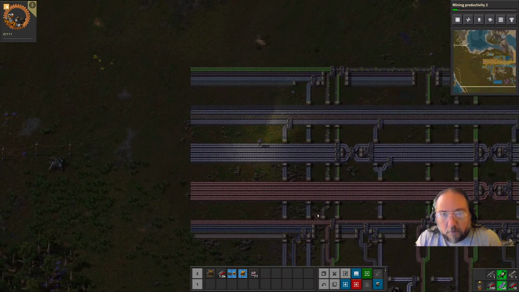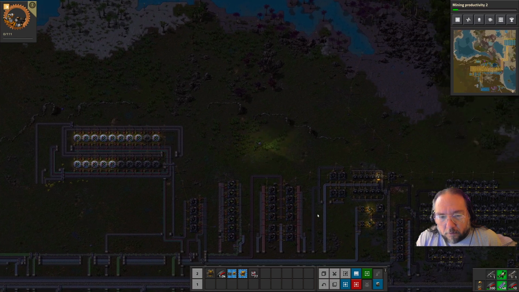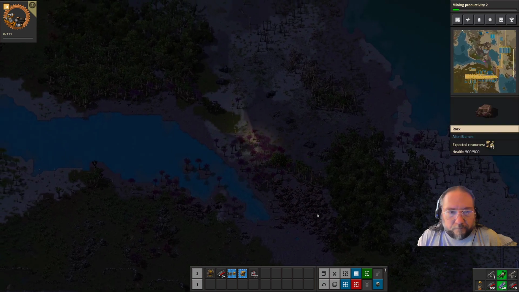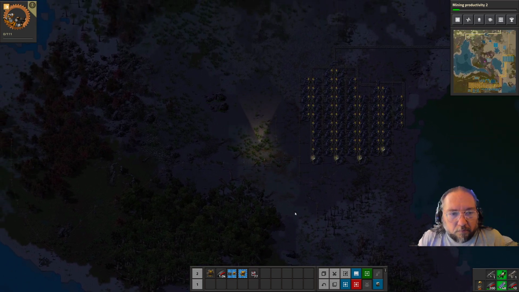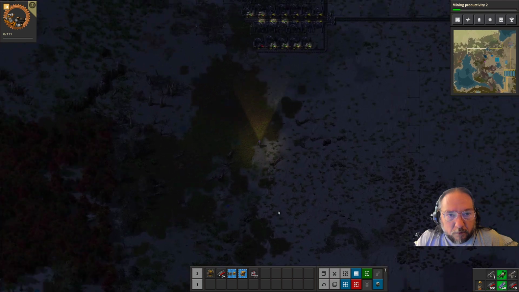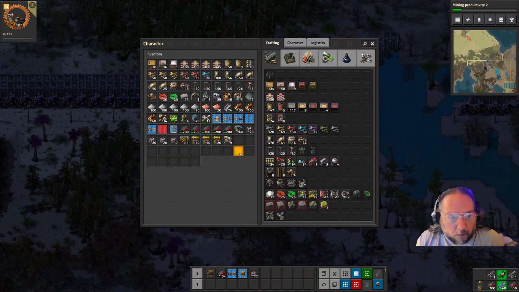Nice. Another 60 lasers. We're gonna get ourselves some turret or some lasers. Come on. Yeah, we're starting to get low on coal patch too, so we're gonna have to definitely kind of explore our options. Okay, so